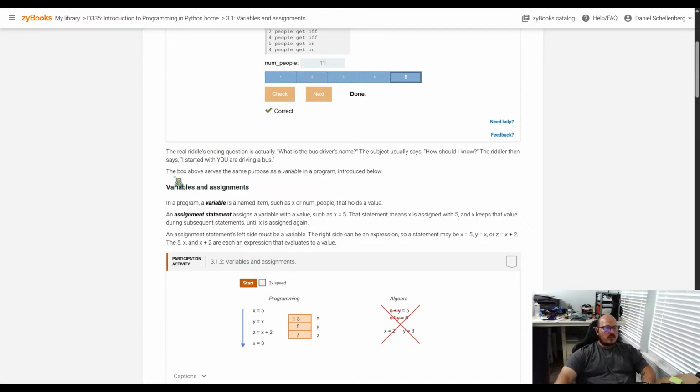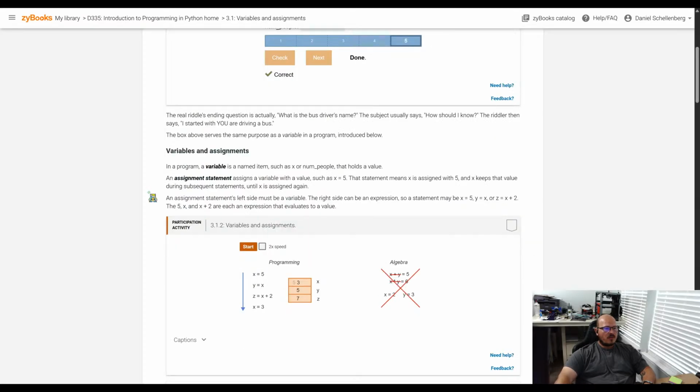The real riddle's ending question is actually, what is the bus driver's name? The subject usually says, how should I know? The riddle then says, I started with you are driving a bus. The box above serves the same purpose as a variable in a program, introduced below. Variables and assignment. And like I said before,